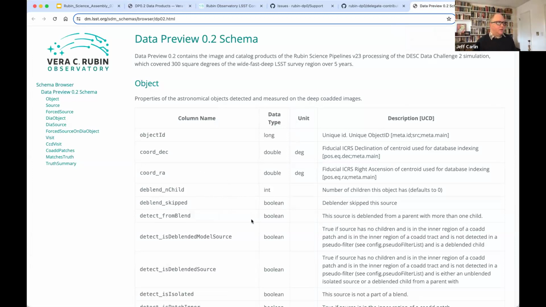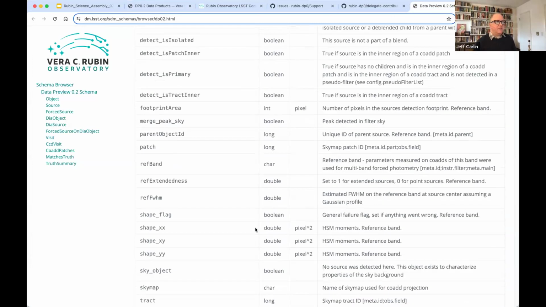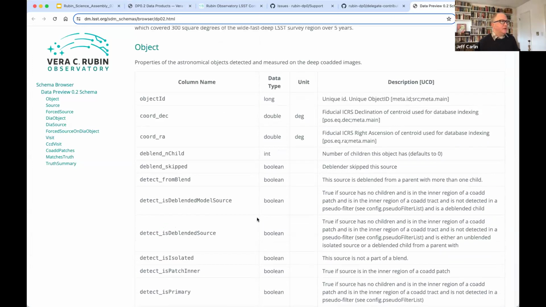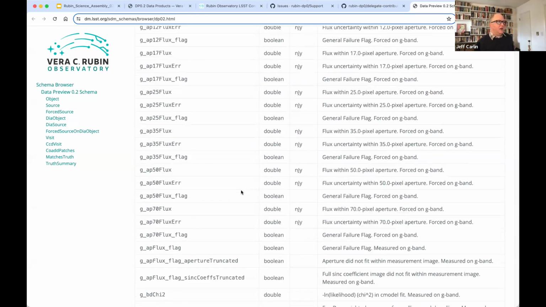This will show you the definitions of all of those 990 columns. So you have here the declination coordinate is defined. If you're ever trying to figure out which columns do I need to use to do the science exploration that I want to do, this is the place for you to do that.